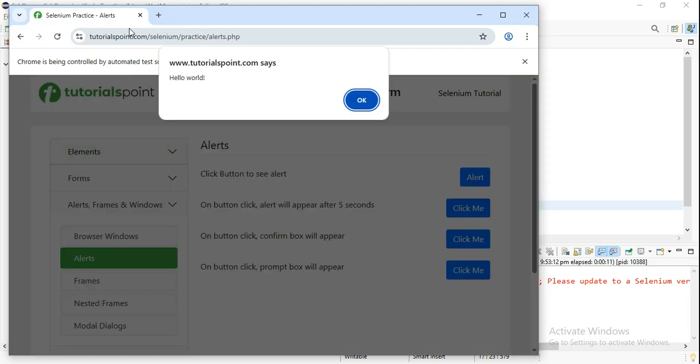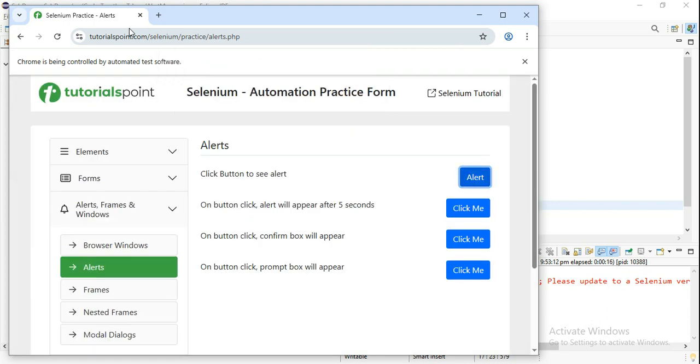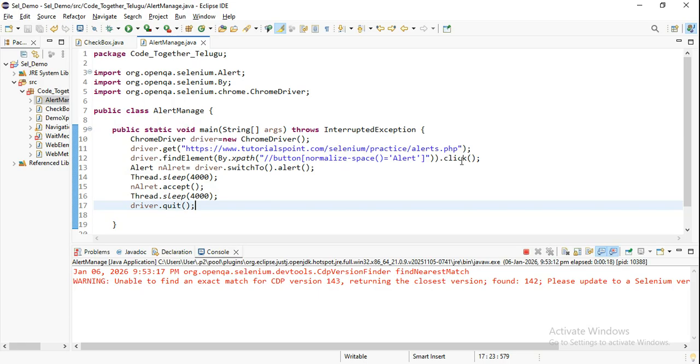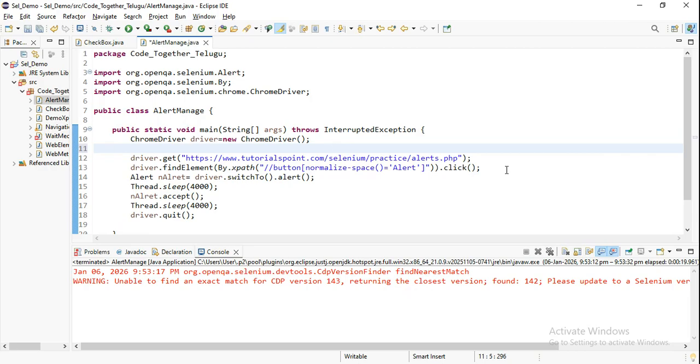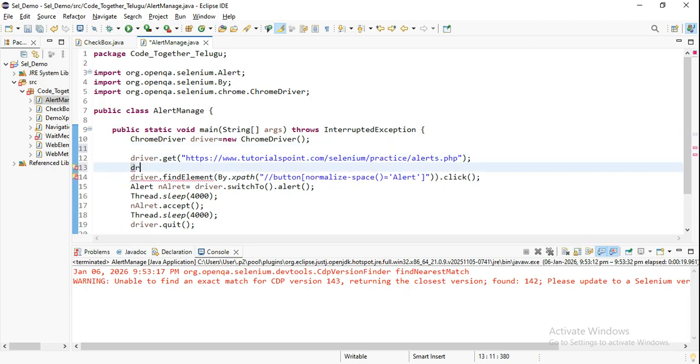Page loading is taking time. Click on OK. Yeah, it's clicked on it. So OK got clicked. Okay, that is what is done. But here we have missed one thing. What is that? Here we have missed driver